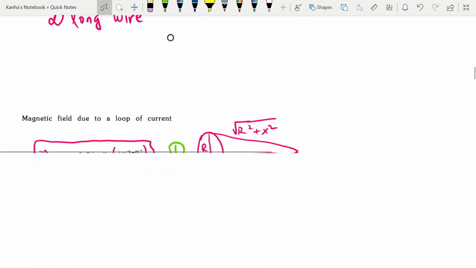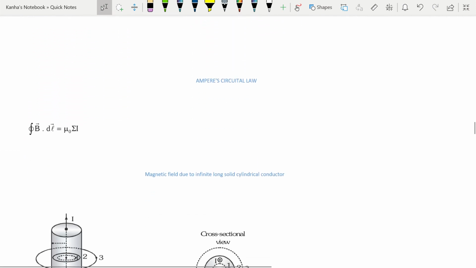The next thing that we look at is Ampere's circuital law. So what does Ampere's circuital law say? It's basically an integral over a closed line equal to mu naught times the summation of the current that is flowing through the line. In more formal terms, you can say that the line integral of the magnetic field around any closed path in free space or vacuum is equal to mu naught times the net current or total current which is crossing through the area bounded by the closed path.